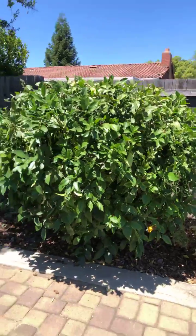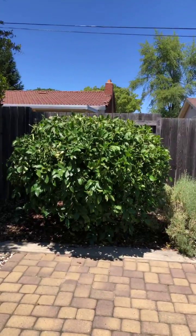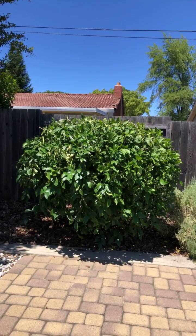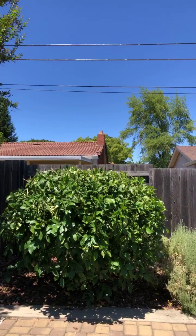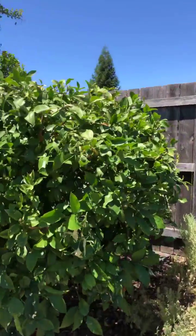This is a lemon tree that actually just a couple days ago was like 4 times the size. Normally we keep this lemon tree relatively shorn, but when my grandma got sick and died, I totally neglected this tree, and it got to be almost all the way up to the power cables up there, and I had to have my gardener cut it back. Normally I do it myself, but you can see we've still got some huge Meyer lemons hanging out on the tree,